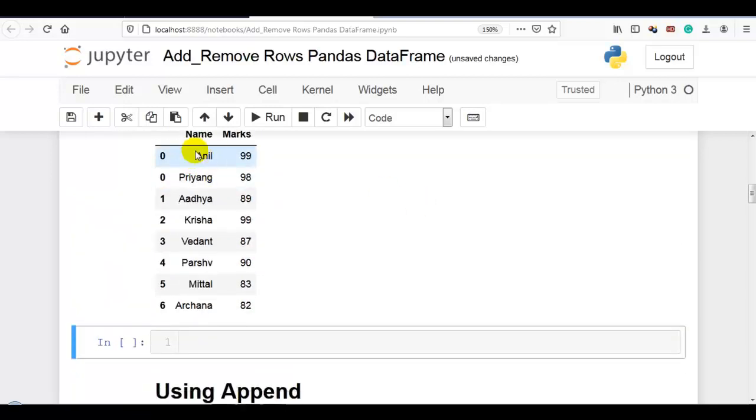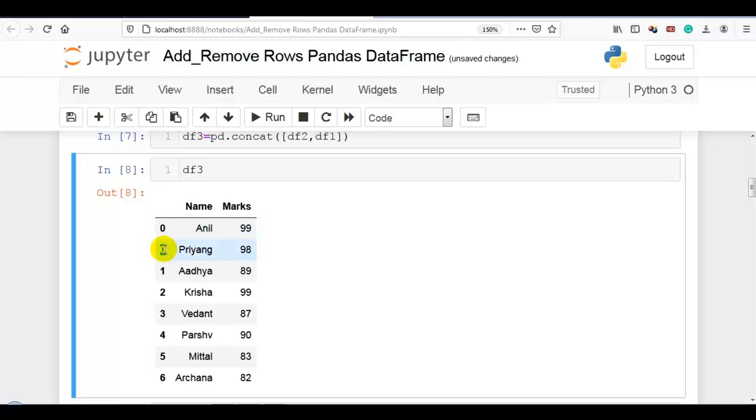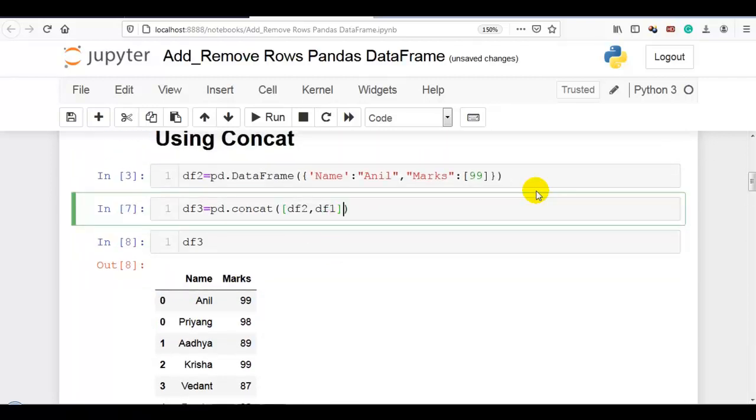Now you can see over here Anil is added at the top, but now you can see the index, which is 0. Index 0 is already there. So here we have to write ignore underscore index is equal to true.